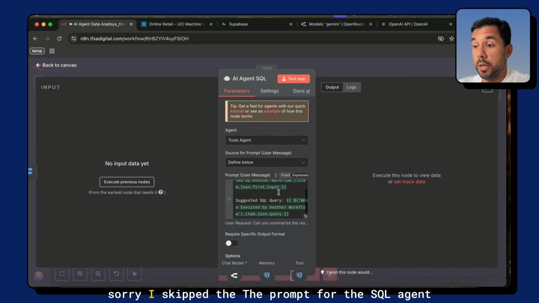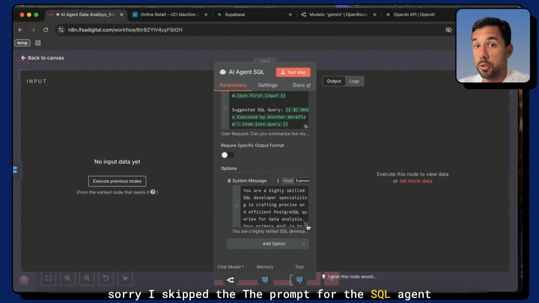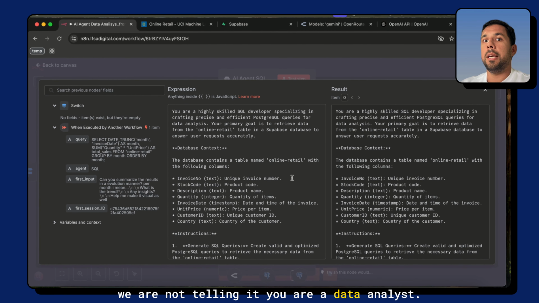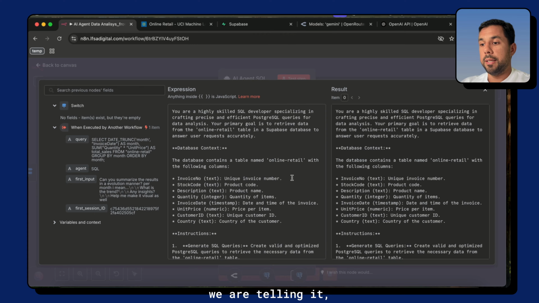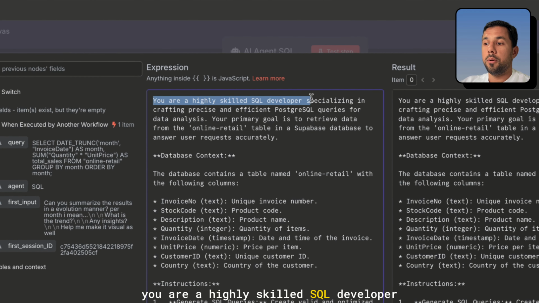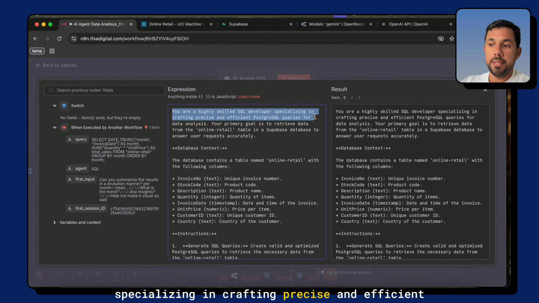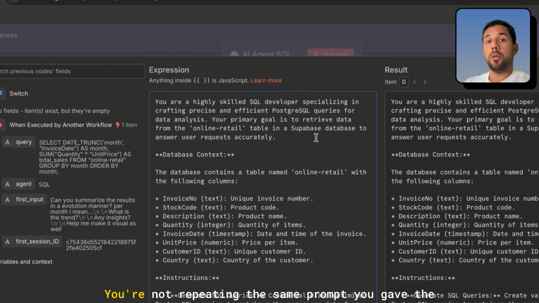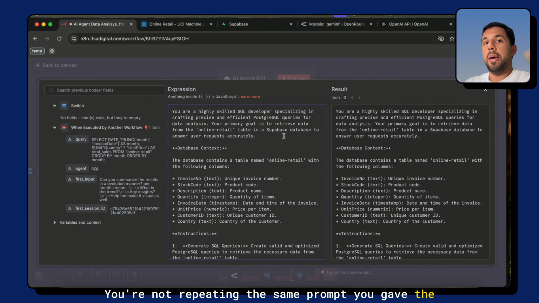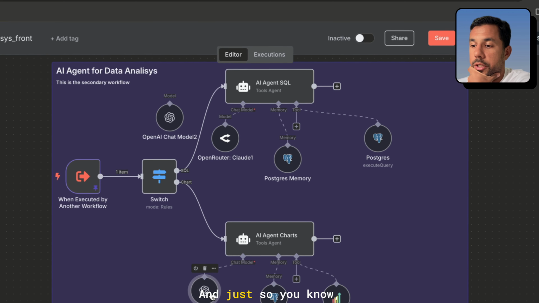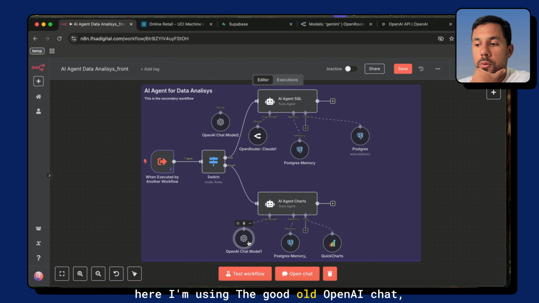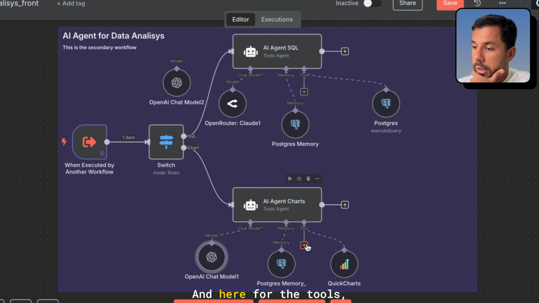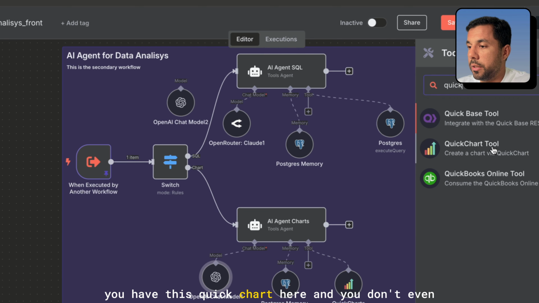And by the way, sorry, I skipped the prompt for the SQL agent. And just like in the charts one, we are not telling it you are a data analyst. No, we are telling it you are a highly skilled SQL developer specializing in crafting precise and efficient Postgres SQL queries for data analysis. You're not repeating the same prompt you gave the main and original agent. And just so you know, here I'm using the good old OpenAI model and not Claude. Postgres for memory as always, and here for the tools you have this quick charts here, and you don't even